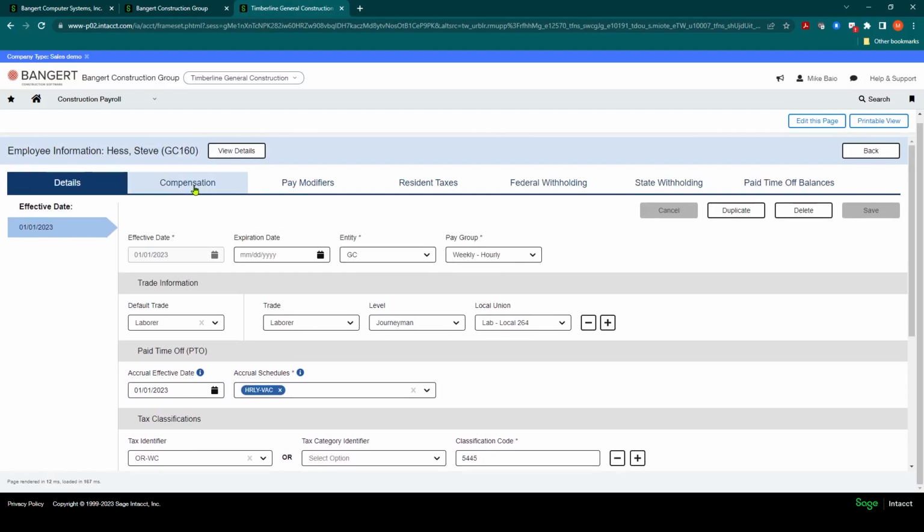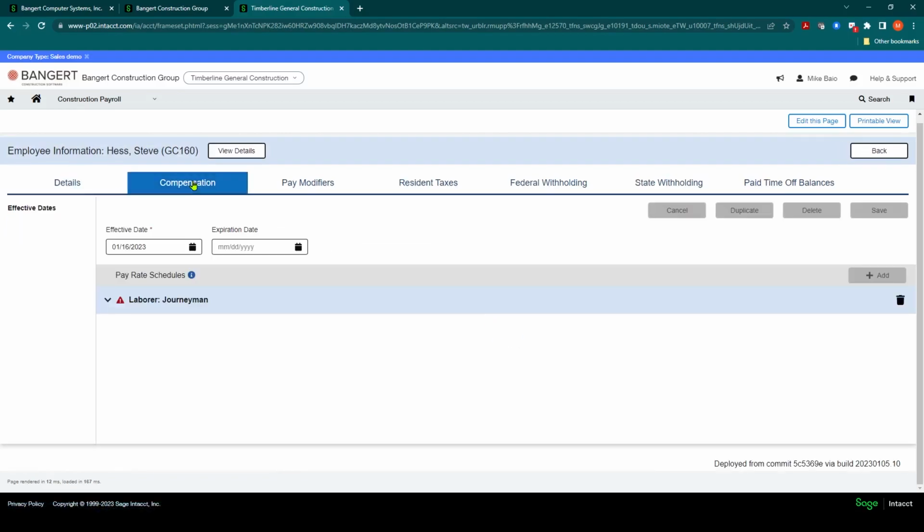The next tab would be the Compensation tab. So this is the tab where you're going to establish the employee's pay rate. Now this would be in addition to any compensation table that may or may not be set up. So for example, if this is a union employee, the rate may come from a compensation table that has been set up based on the union already prior. In this scenario, we'll assume that there is no union compensation table and it's going to get its rate from here. So for this employee, we're going to establish a rate as of 1/1/2023.